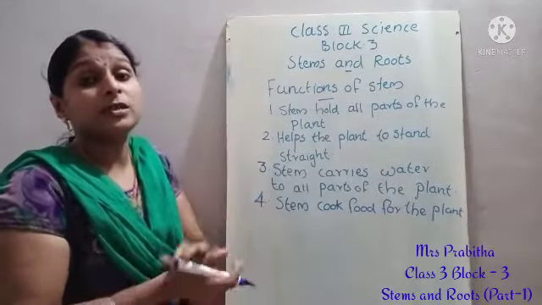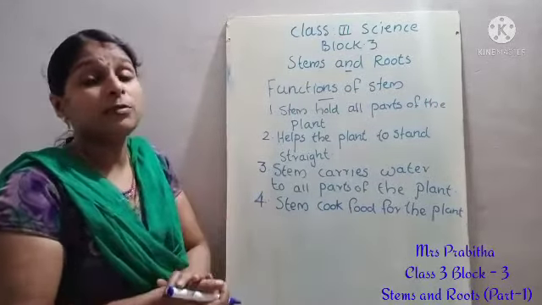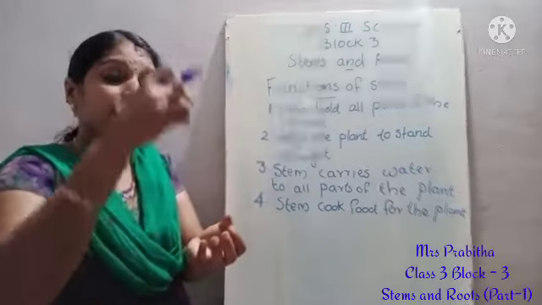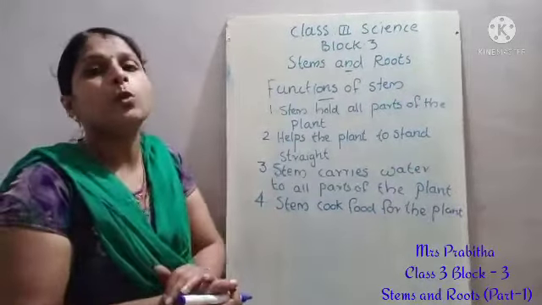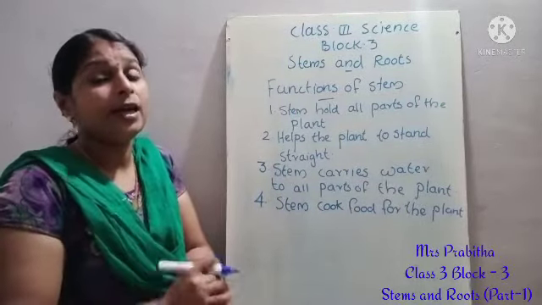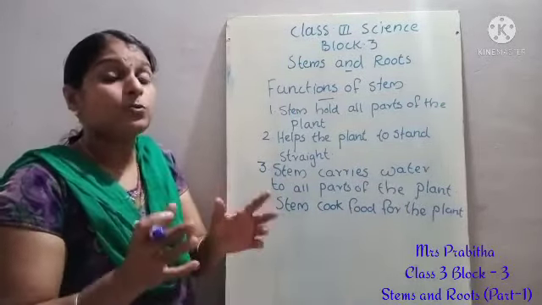We studied this function with the help of an experiment. Madam, I showed you one experiment. We took blue colored water in a bottle and dipped a white colored flower along with its stem in the water, and we observed it for 2-3 days. After that, we could find that the flower turned blue in color. From this what can we understand? We can understand that the stem carries water to all parts of the plant.